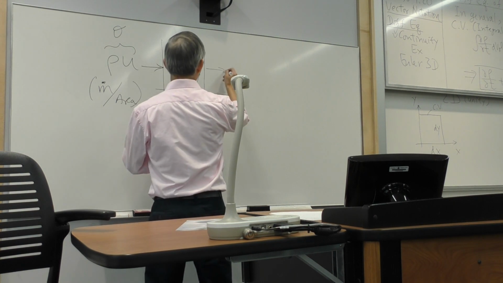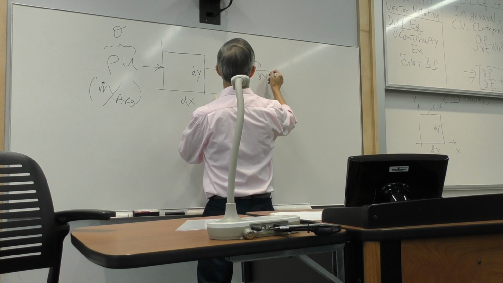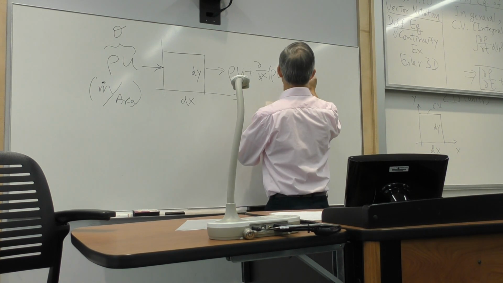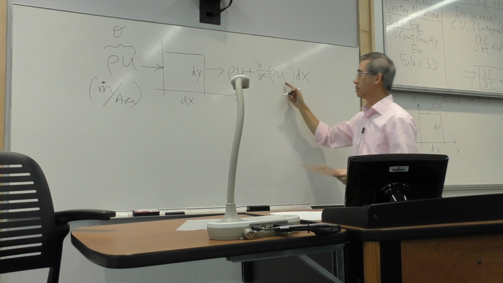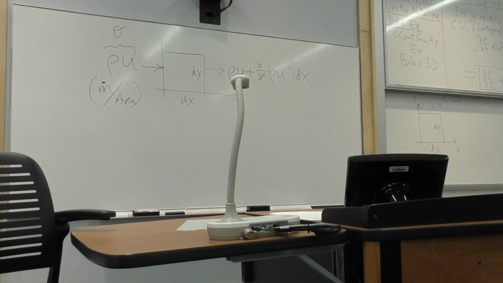And what's coming out on the right side is theta plus d theta, with respect to x of the quantity theta times the distance I move, dx. So that's just what I erased, except theta now becomes rho u. Do you get it? Any questions so far? So from that,